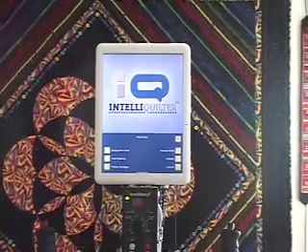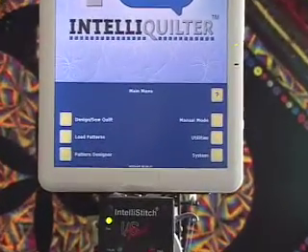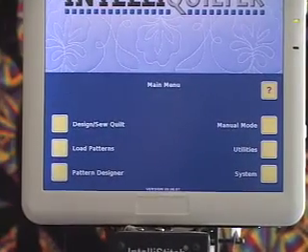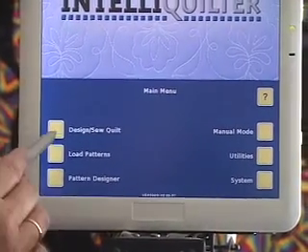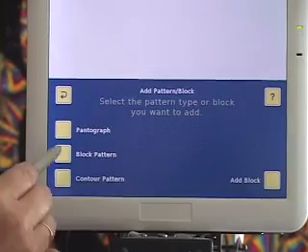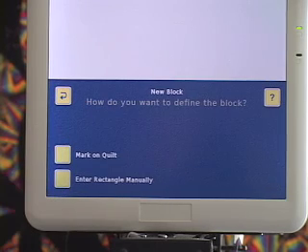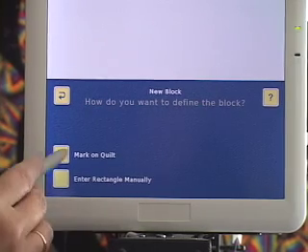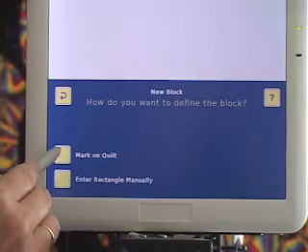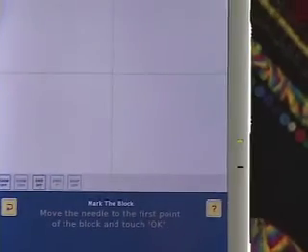Okay, now on this little quilt, which is all just large squares, I'm going to set motifs in each of the squares. So I'm going to start here with Design Sew Quilt, start new. It's going to be a block pattern, and I'm going to show IQ on the quilt where I want to put a motif. So I'm going to touch mark on quilt, and I'm just going to move the machine